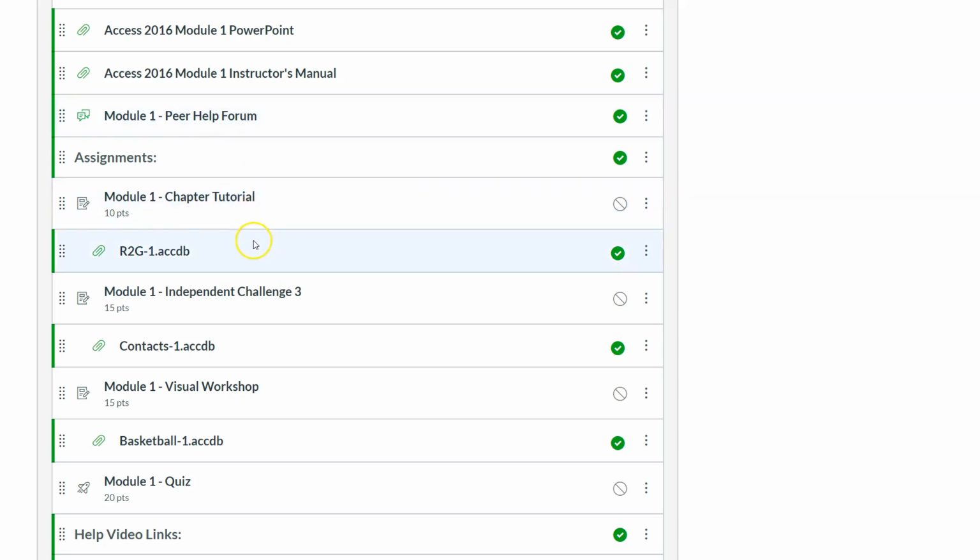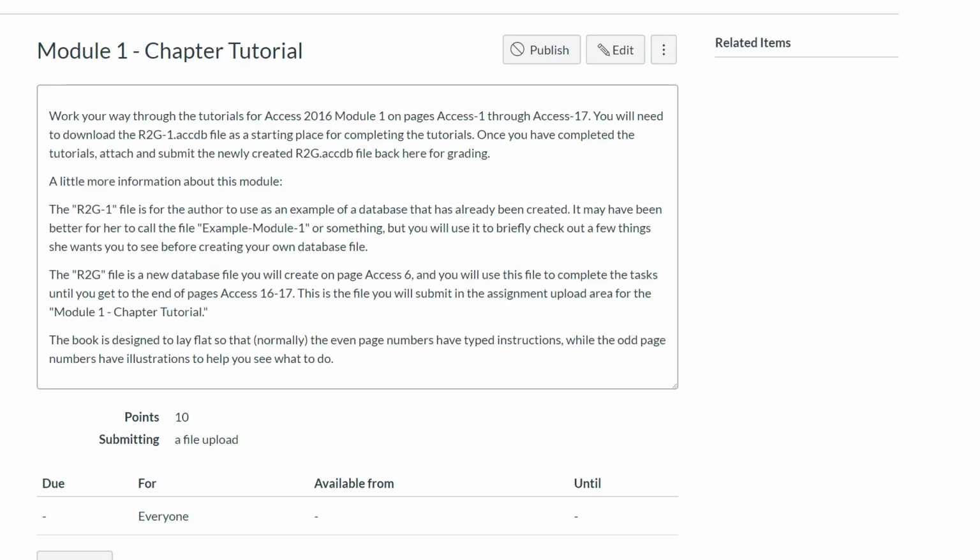Each one of these assignments will have its own file to go with it. Same thing right here, the independent challenge 3, here's the file that goes with it. The visual workshop, here's the file that goes with it. Okay, so each one of those activities, you'll see as you look through this on your own,